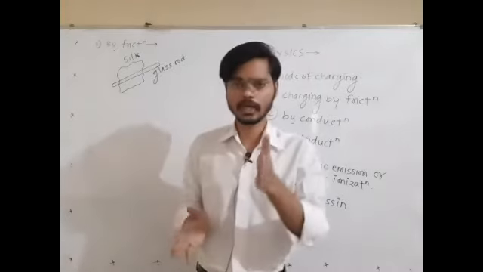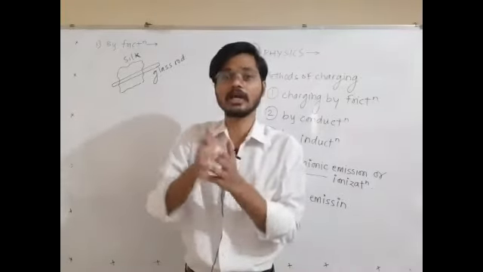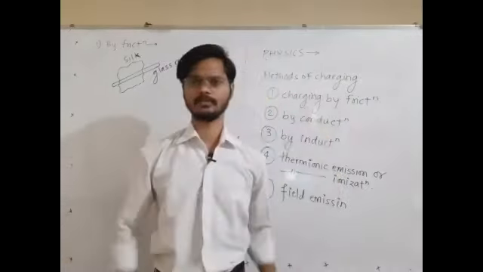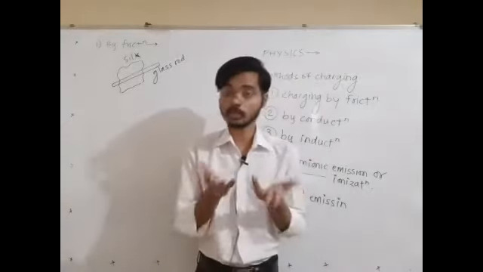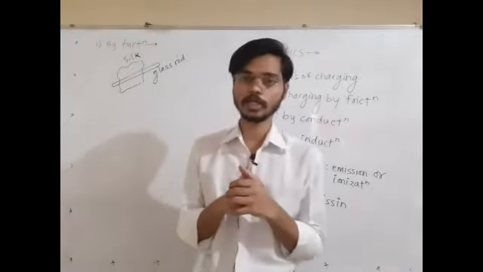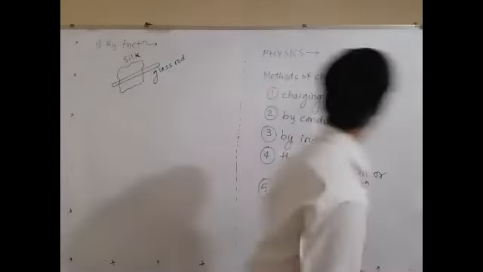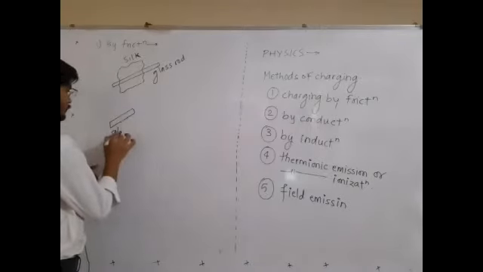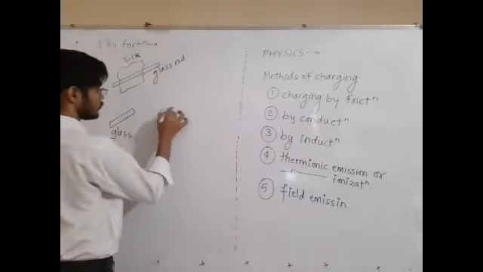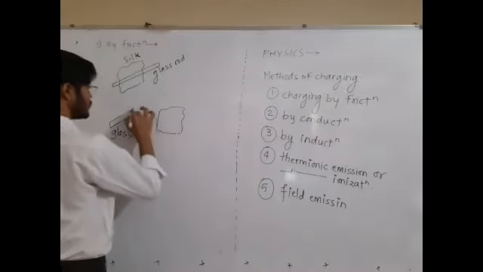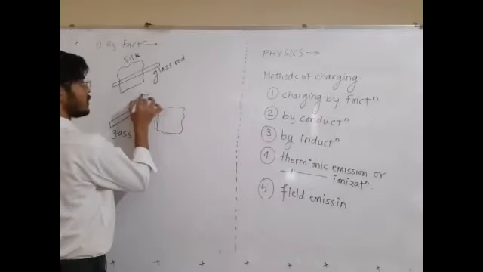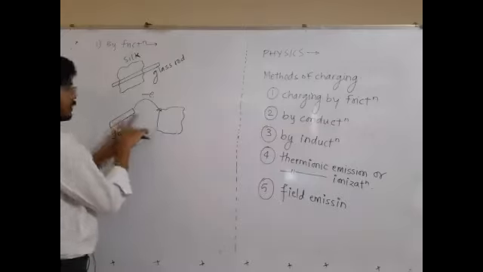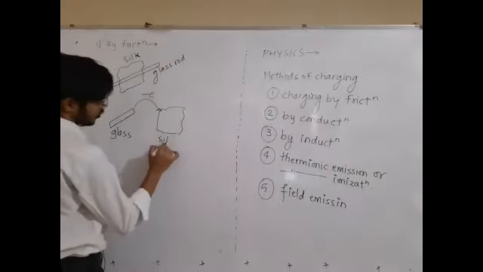So what happens when the glass and the silk are rubbed against each other? Some electrons from the glass are transferred to the silk. This is what happens during friction. Now an electron is a charged particle. Draw these diagrams. This is a glass rod. This is a silk cloth. The electron is a negative charge, so this negative charge is being transferred from the glass rod to the silk.